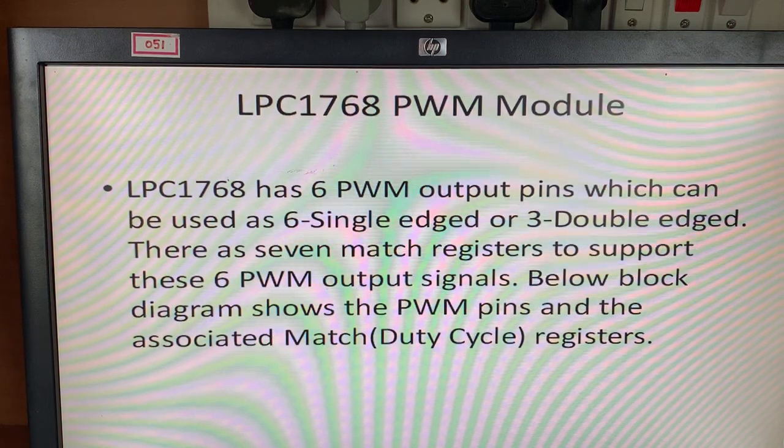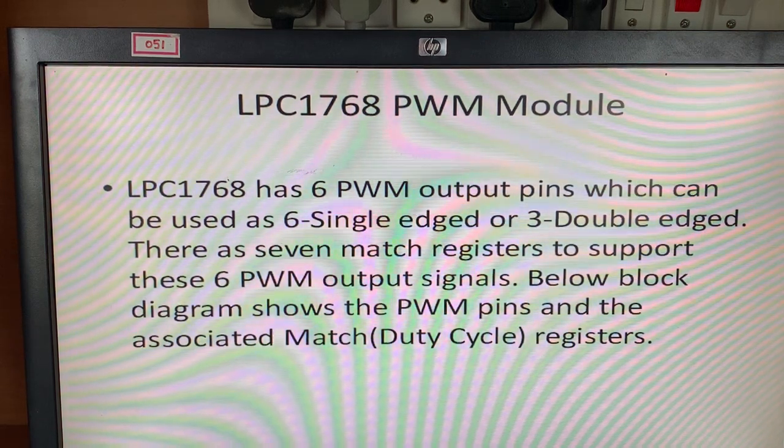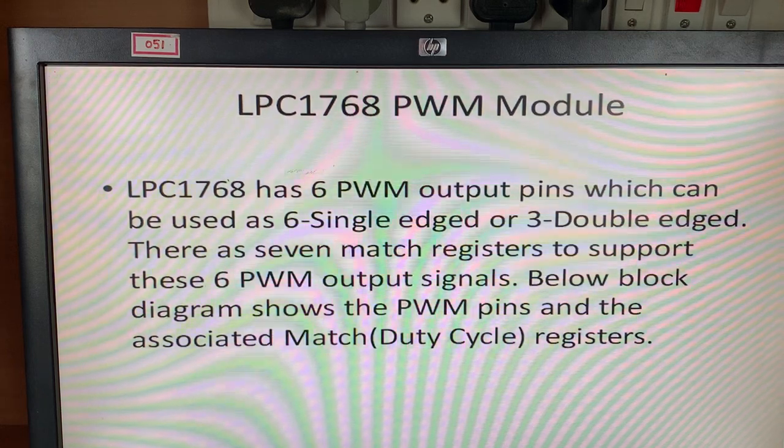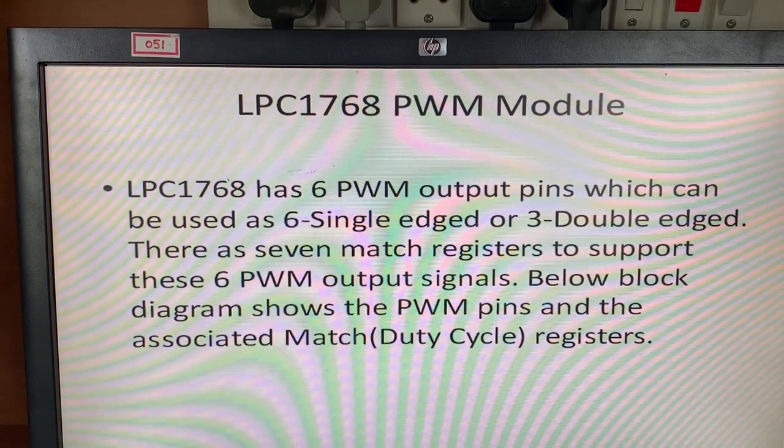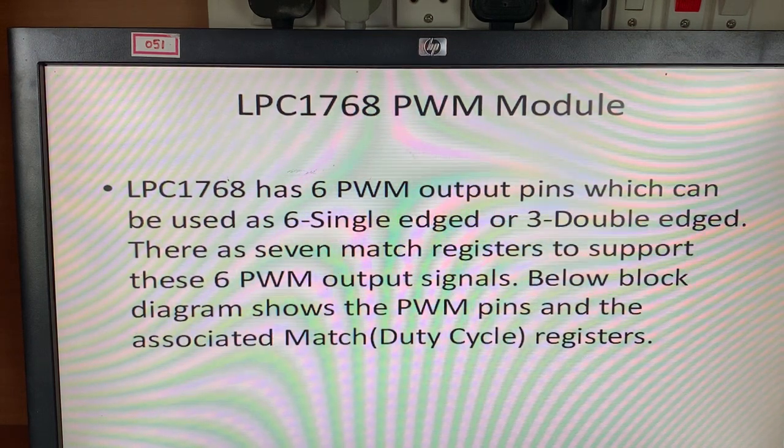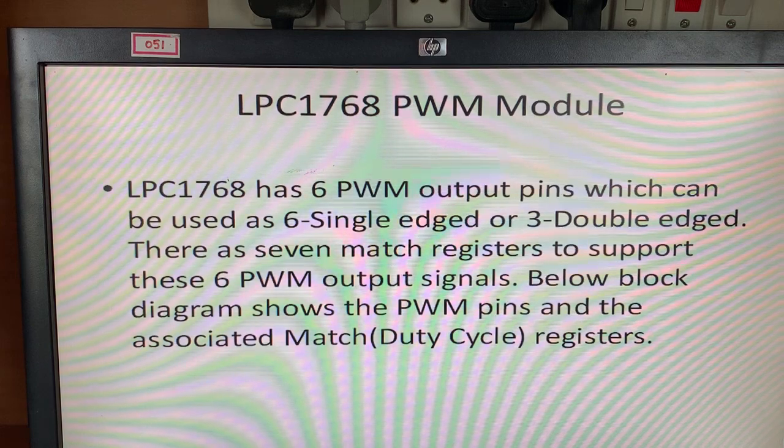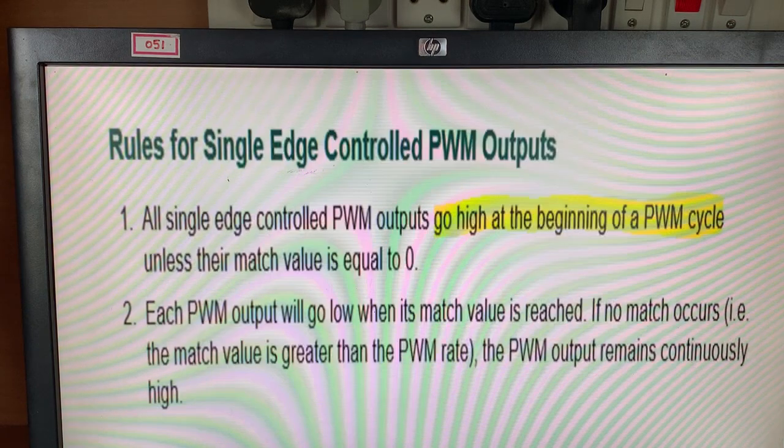Also, you can vary the duty cycle. As we know, duty cycle is equal to T on divided by T, where T is equal to T on plus T off. Based on this, the duty cycle can be calculated.